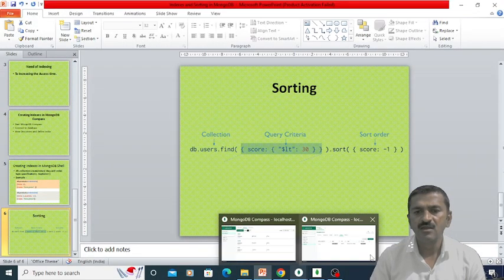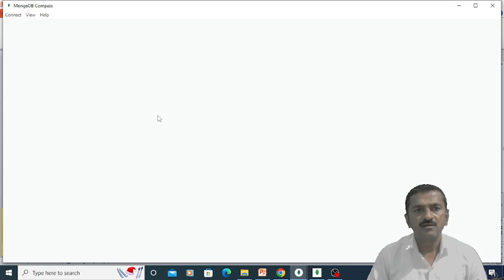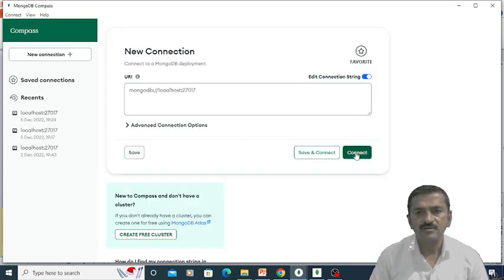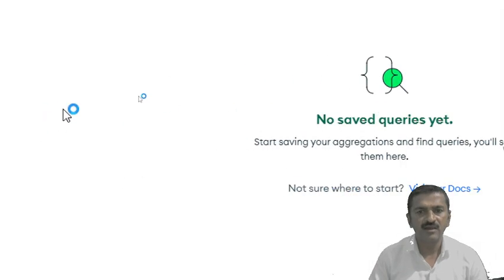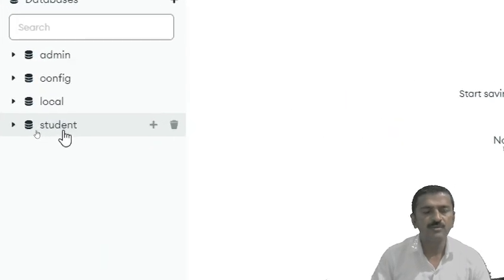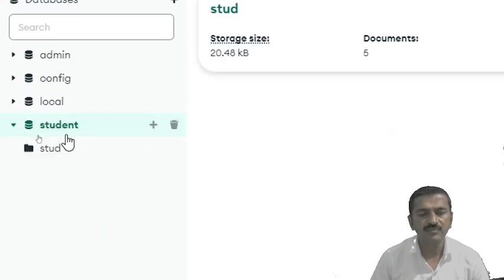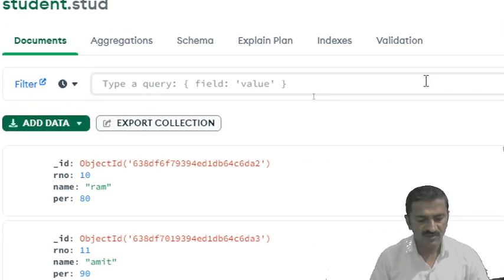So first we'll open MongoDB Compass. We'll connect to the database. So after connecting to the database, this is the database. I am connecting to the database. Here I have already created one database in MongoDB. The database name is student, in which the stud collection is there, and in it there are 5 records